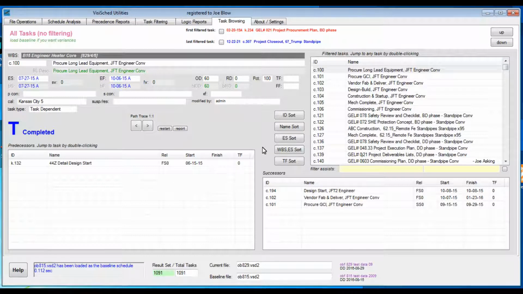Now we consider the Task Browsing tab, updated for version 1.09. Always update to the latest version, folks. The install video explains how. So easy. Note the indicator in the upper left that reminds you whether you have filtered on all tasks or